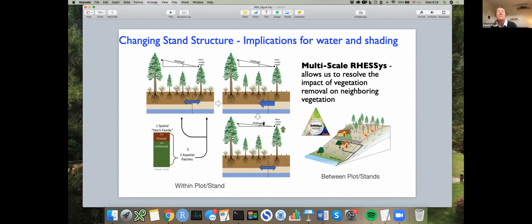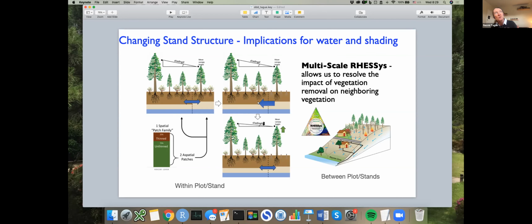The other thing I'll say that we've been really working towards in this type of modeling is a two-scale modeling approach, so that we can capture some of the within-stand processes that we think are important. For example, shading between tree species or tree clumps of different heights. Accounting for sharing within the rooting zone between different trees that might have different rooting depths. But